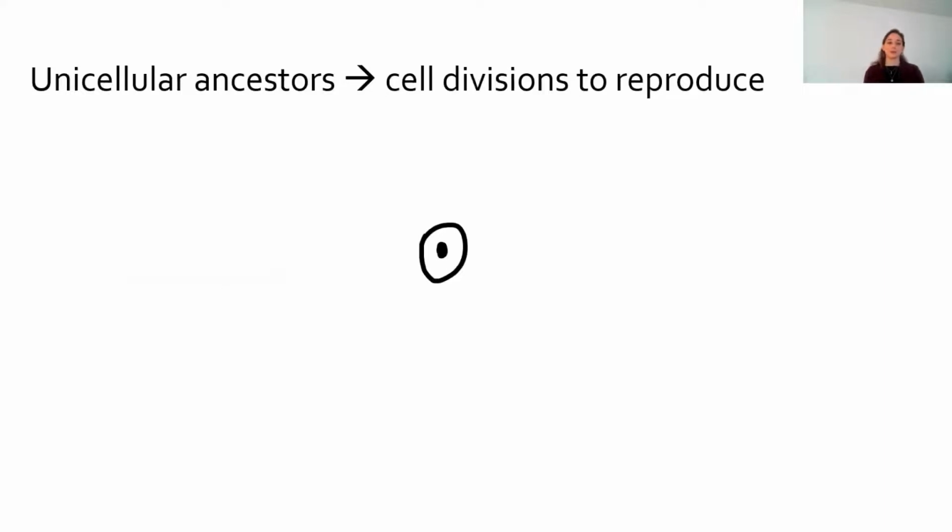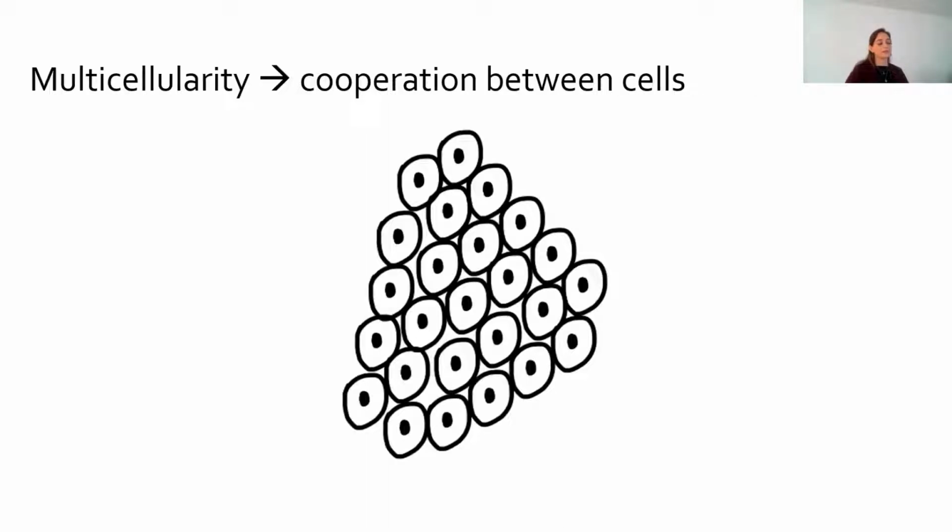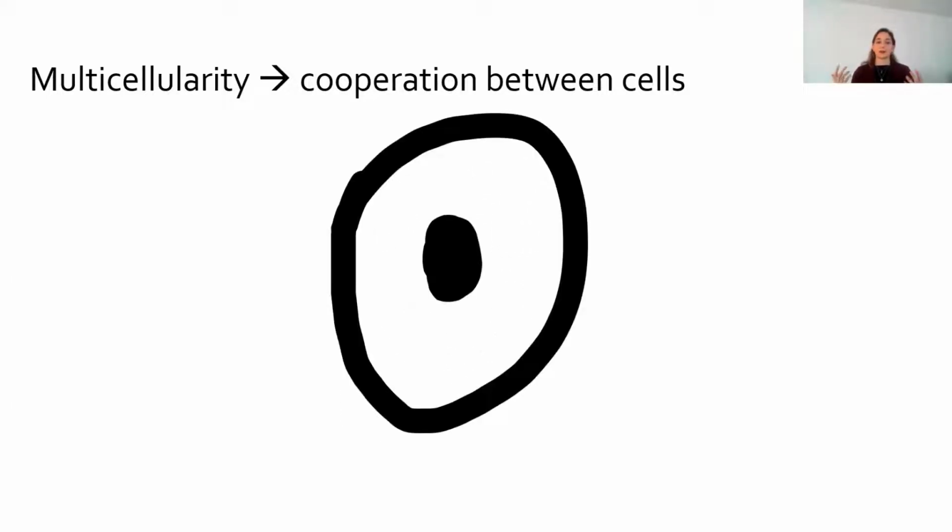But today I want to talk to you about why cancer is a problem across the tree of life and for all the multicellular organisms. And for that, I would like to take you a bit back in time to the origins of life. It started in unicellular ancestors. These unicellular ancestors were having cell divisions to reproduce themselves. So once there was a transition to multicellularity, which occurred multiple times over macroevolutionary time, there needed to be some cooperation between these cells. And this meant that some of the cells had to forego their own reproduction to contribute to the reproduction of the organism itself. So how is this ensured?